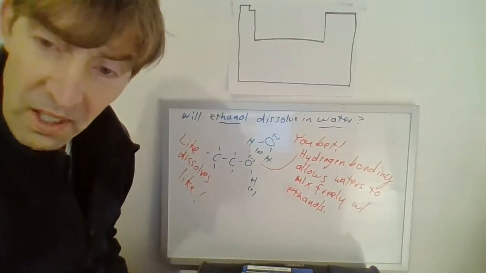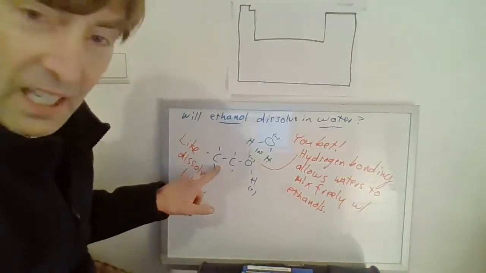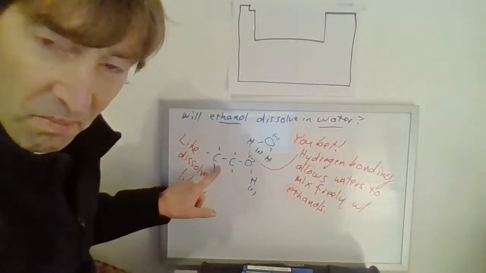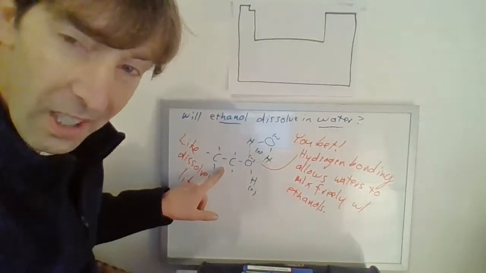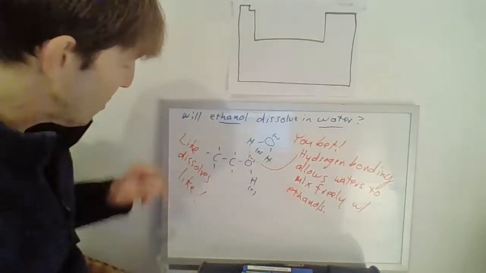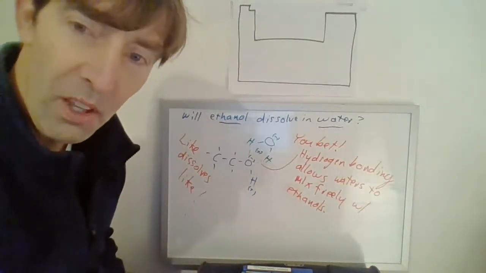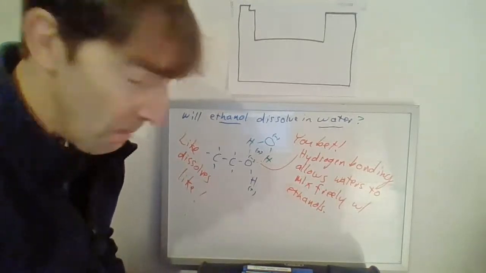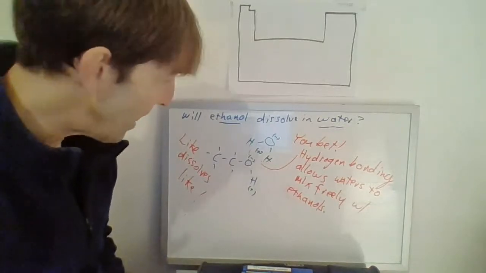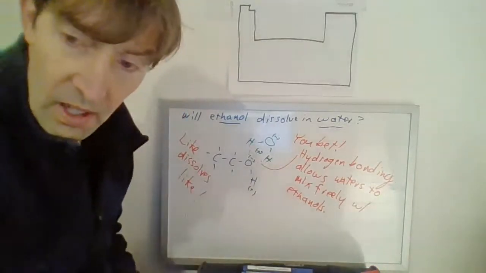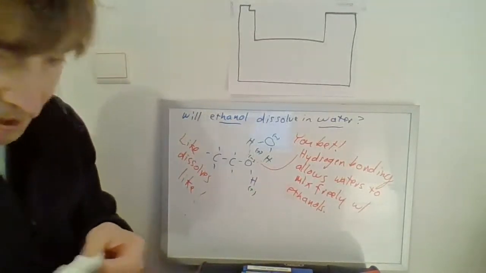Yeah, so it's dissolving in water. That's right. Now, if I put ethanol in oil, it isn't going to do anything. It's not going to dissolve because ethanol can do hydrogen bonding. Oil cannot. So it would not be like dissolving like. A dipole and a non-dipole won't dissolve in each other. And that's why the oil floats. But if they're the same, they dissolve in water if they both have hydrogen bonding. Let me see how we're doing. We're doing okay. Let me let you catch up, and I'll blow my nose.